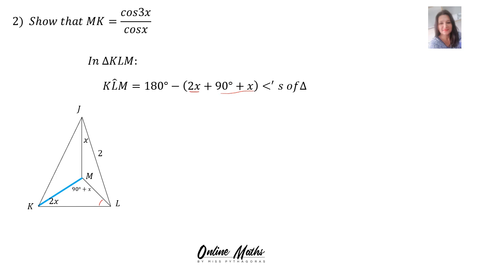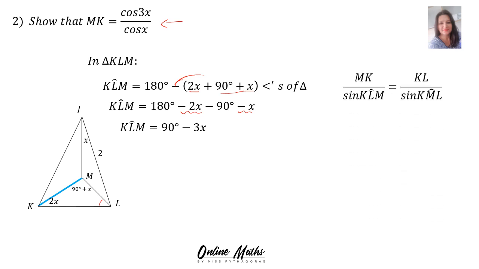And then in the next step, you can multiply in the negative. So it's 180 degrees minus 2x minus 90 degrees minus x. Now we can add like terms. 180 minus 90 is 90 degrees, and minus 2x minus x is negative 3x. So now we know the size of angle KLM. We want to show that MK is equal to that horrible thing. So now we will go to triangle MKL,